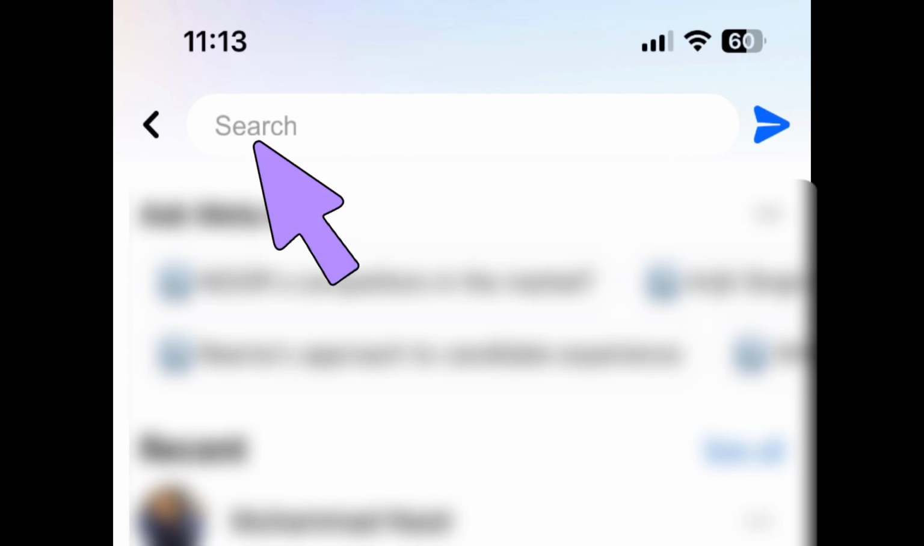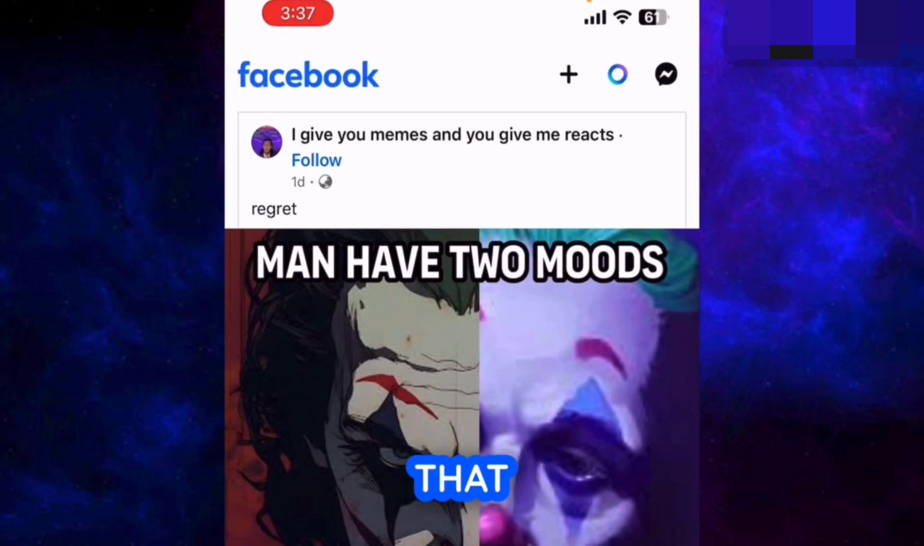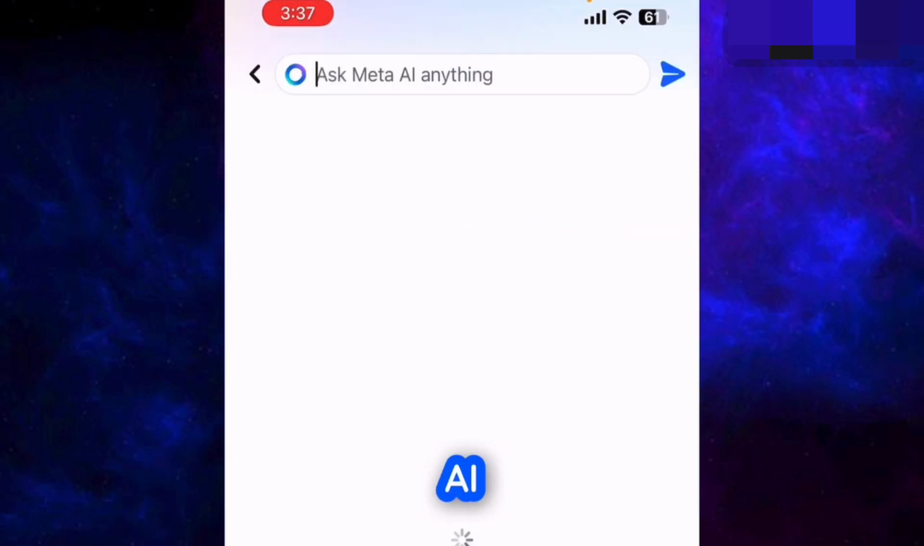This is my Facebook application without the Meta AI search, and here is after getting it. So without wasting time, let's directly get to the point of how you can get this Meta AI search option